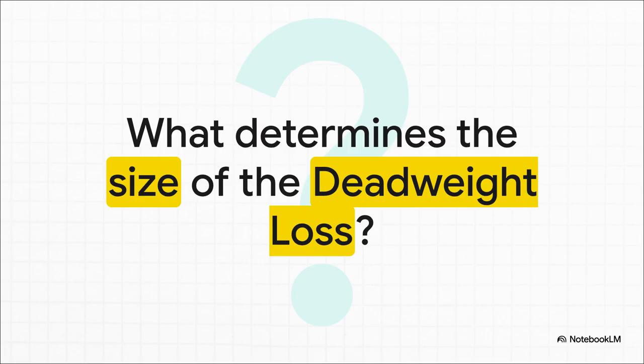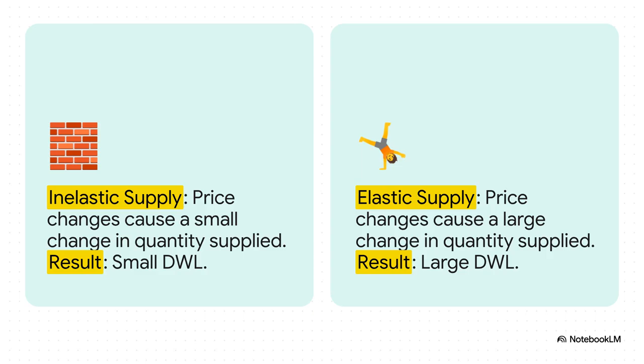And all elasticity really means is how much do people react? When prices change because of a tax, how much do buyers and sellers change what they're doing in response? Let's make this super clear. Imagine a market where supply is inelastic. That just means sellers are kind of stuck. They can't easily change how much they produce. So you tax them and, well, they mostly just keep on doing what they were doing. The market doesn't shrink much and the deadweight loss is pretty small.